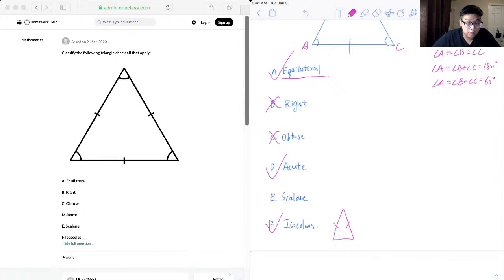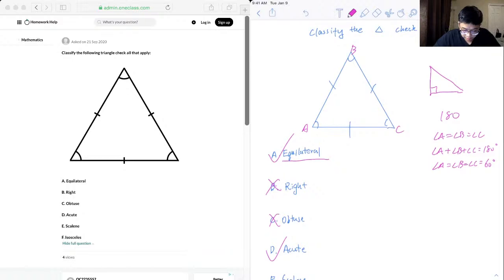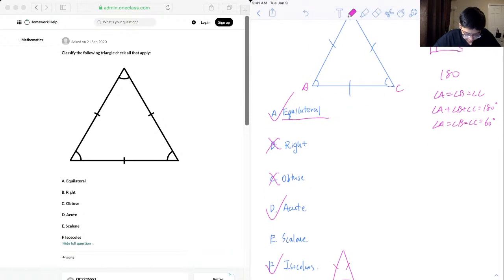And for E, it just means all three sides have different lengths, which is not possible in our case. So our answer would be